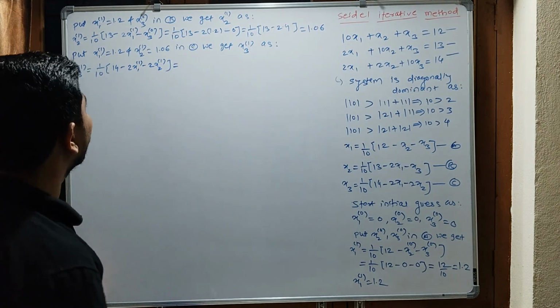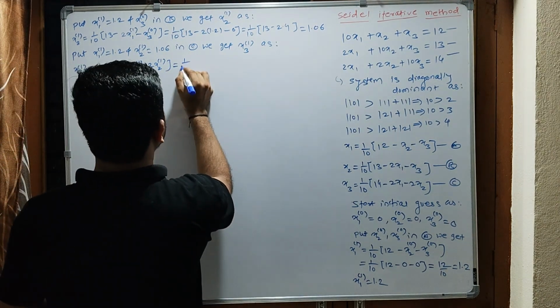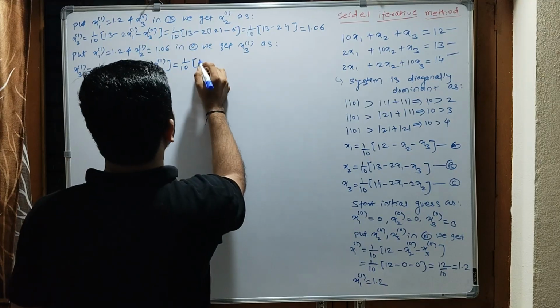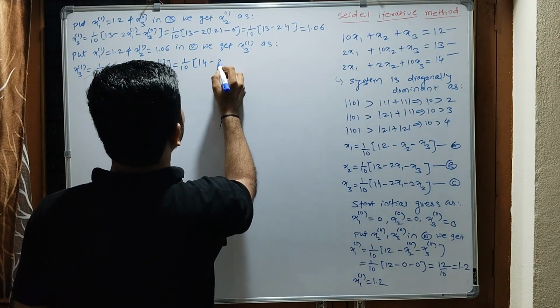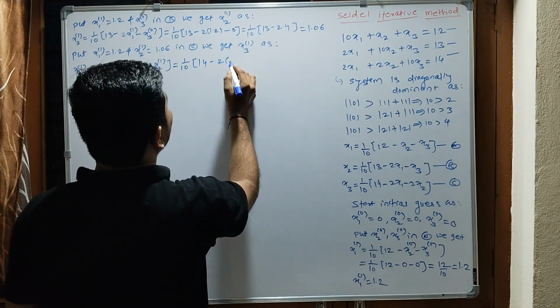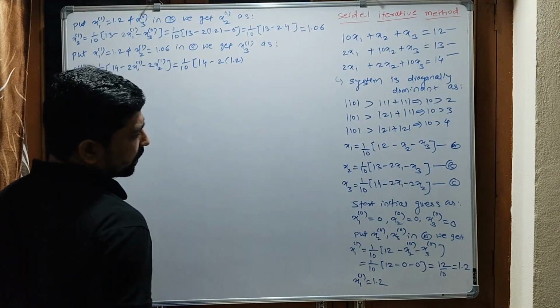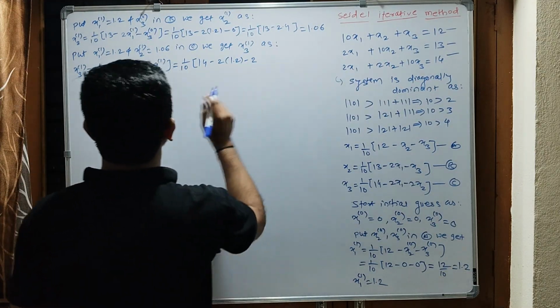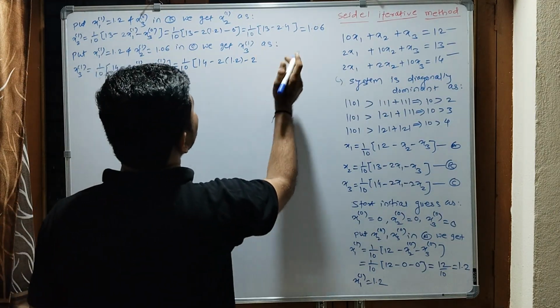Now just calculate the part: 2 times x1 at 1 is 2.4 and 2 times x2 at 1 is